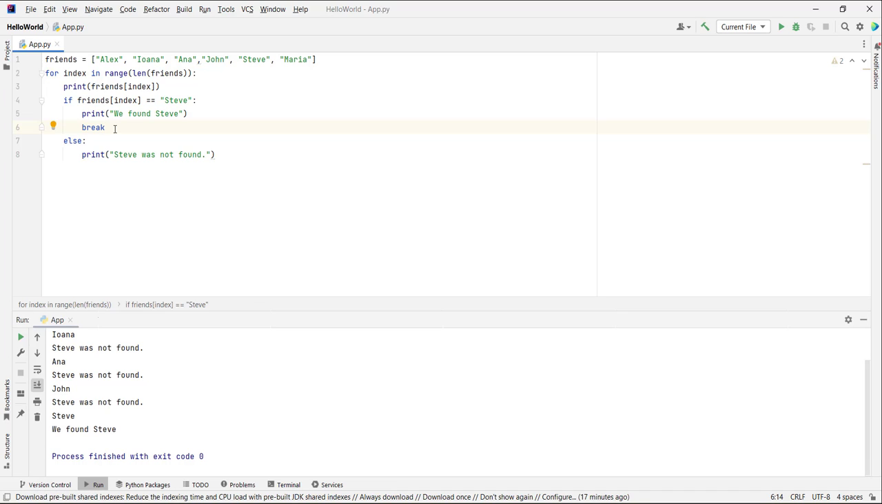Now there is another keyword that you can use besides the break keyword that we have here, and that is the continue keyword. The continue keyword is used when you want to skip some lines of code. So if I say continue here, look what happens. If I run this, we get Steve, we found Steve, and we get Maria, and we get Steve was not found. Now, if I add some lines of code here, let's say that I add here print